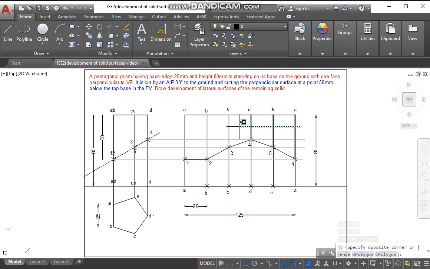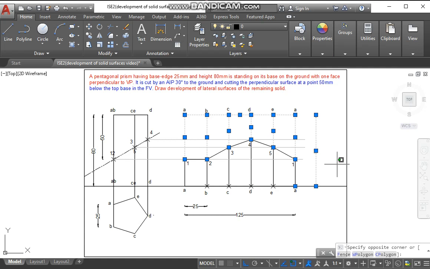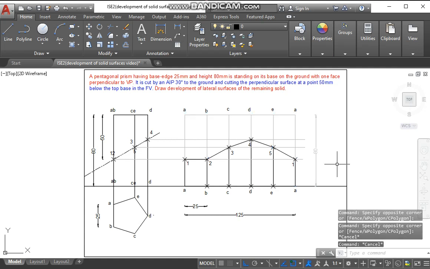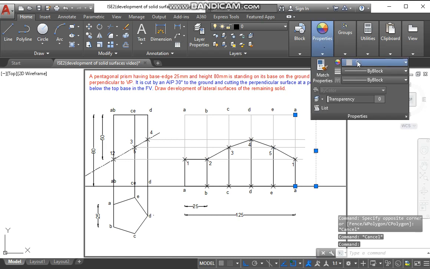So now we'll select all these lines and convert them into the color 9. This is in the dark black color.